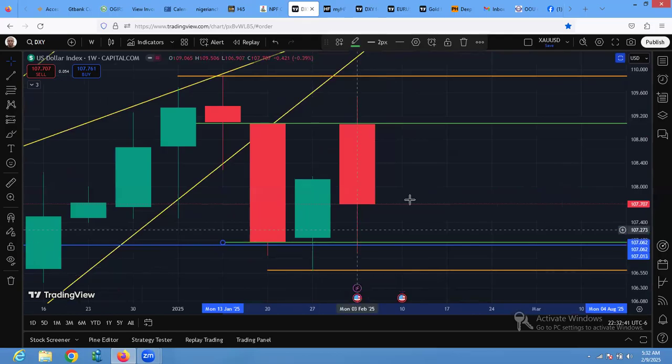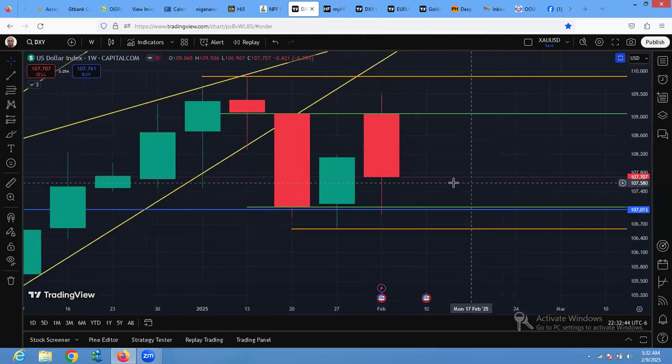Now, in navigating next week, what we can hope for is we're going to look for a breakout, a daily close. We are going to look for a daily close as we are building. Now, if price should come and close above 109 and you have a daily close like this, closing above this line, it means we are bullish again. Now, price is kind of going to the downside right now. What you should expect based on this,